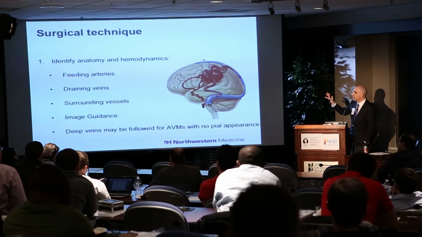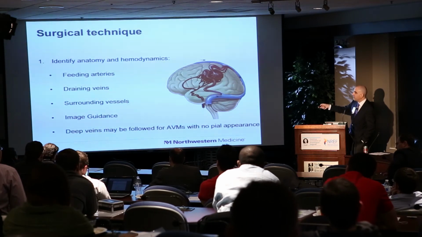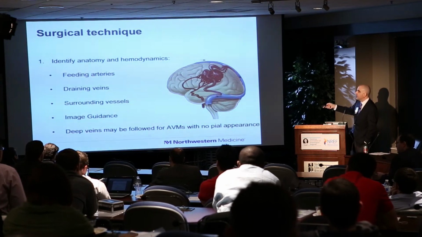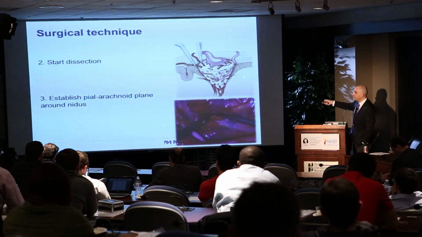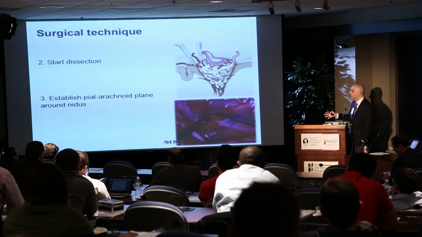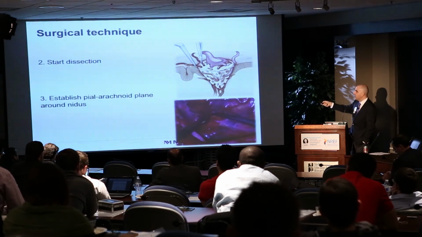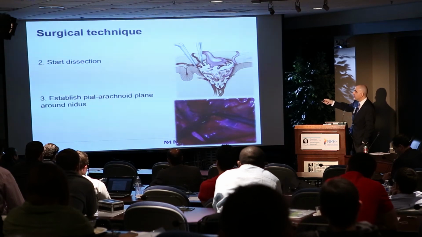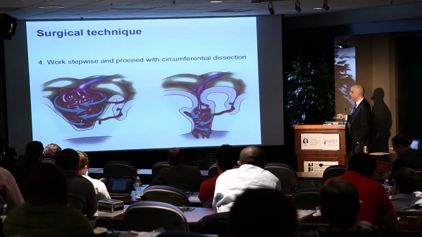The technique for surgical resection: study your angiogram very carefully, understand the feeding arteries, draining veins. Yasirgal talked about the spiral technique. Don't dig a hole when you're resecting an AVM. You need to progressively detach the AVM in a spiral circumferential fashion, keeping the vein alive until the end.